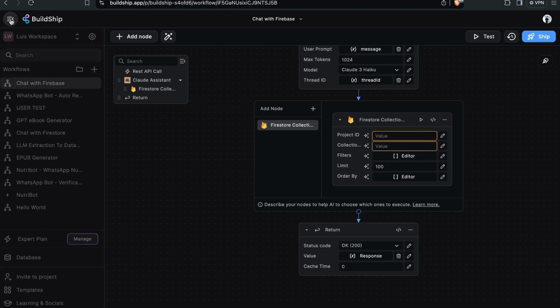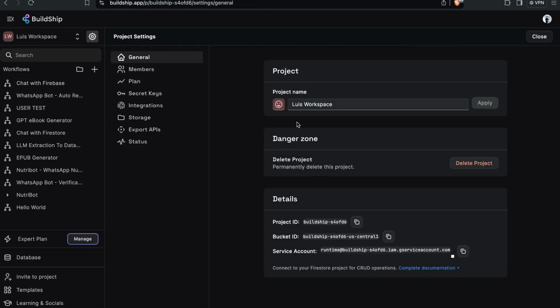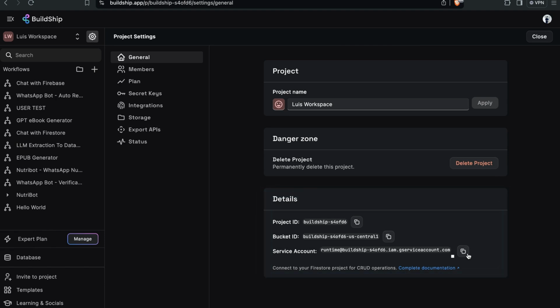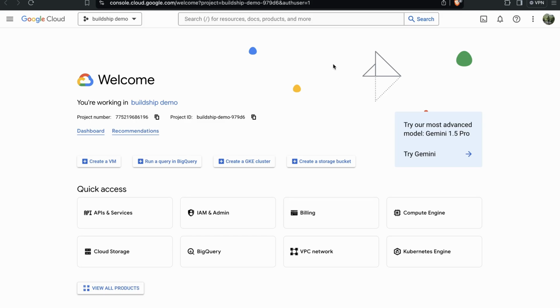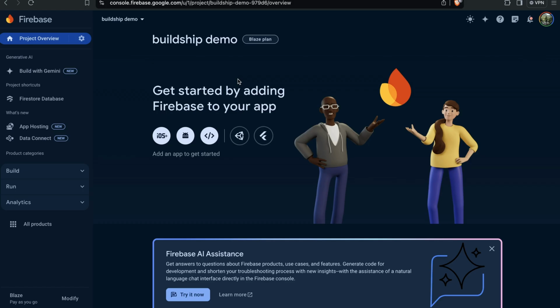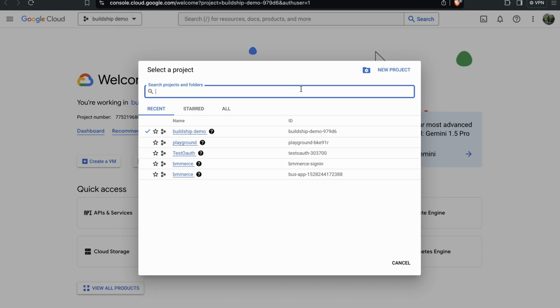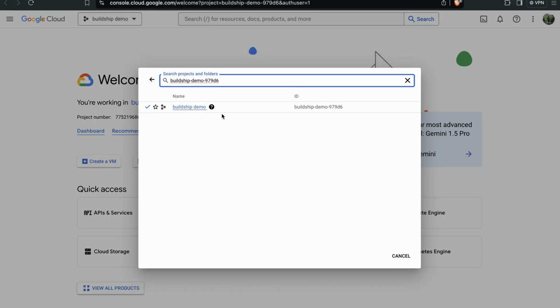project. We'll go to the settings of our project, and we'll need to copy the service account attached to our BuildShip project. Next, we'll need to go to the Google Cloud Console and make sure the project you have selected is your Firebase project. If you're unsure which project to select, then in the Firebase console, go to Project Settings and then copy Project ID,